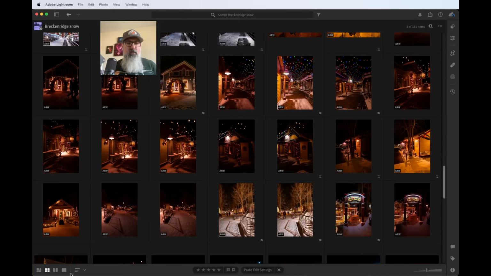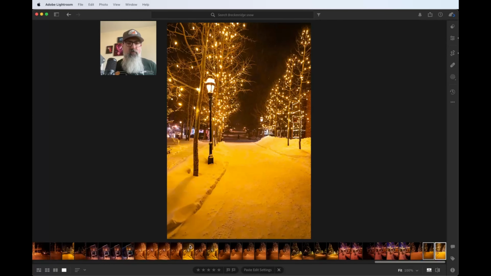This functionality for viewing photos is very similar to Lightroom Classic. We also have the ability to rate our photos and then flag them as accepted or not accepted, and then also paste edit settings here. So if you copy your edit settings, you can paste them onto another photo. You can use Command V on a Mac or Control V on Windows, right? Those work fine, but there also seems to be a button for that as well after you've copied the